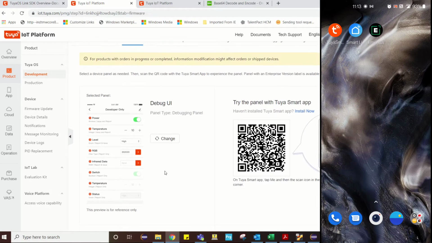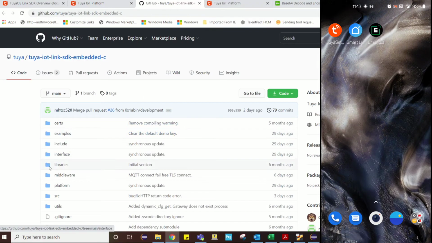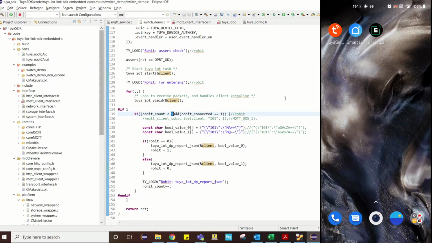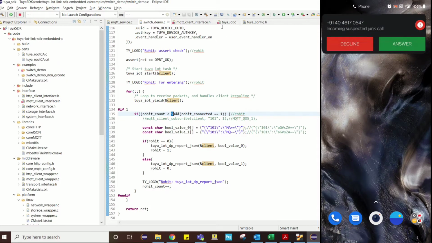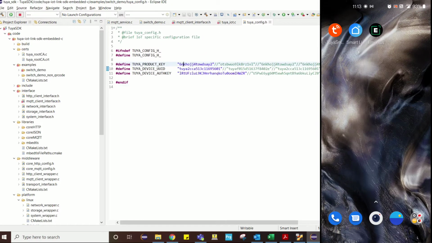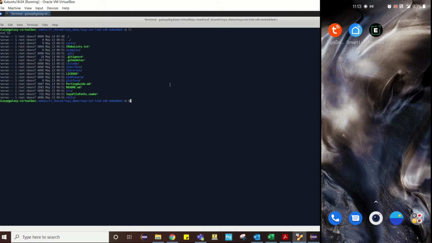The SDK code is there in the Git. I have already downloaded this code. Okay, this is my SDK code, and here I have configured the product ID and the license details. Let's build the SDK.